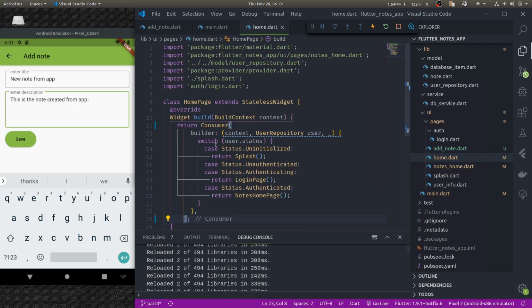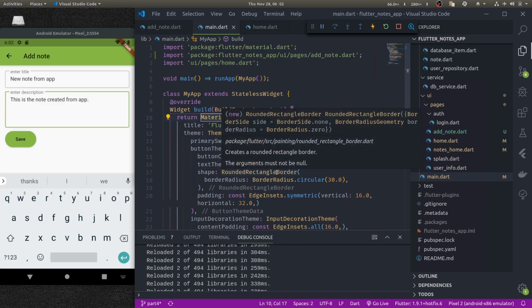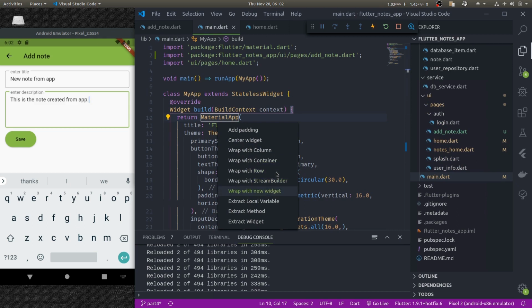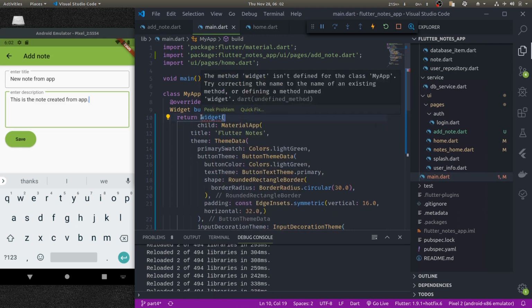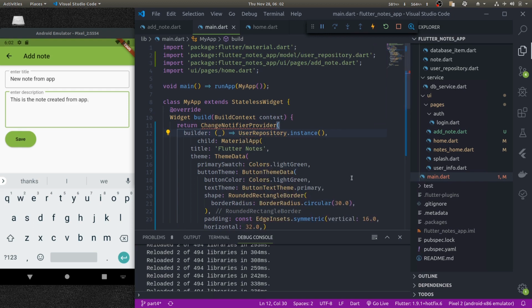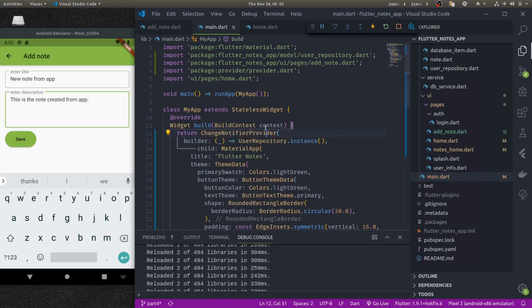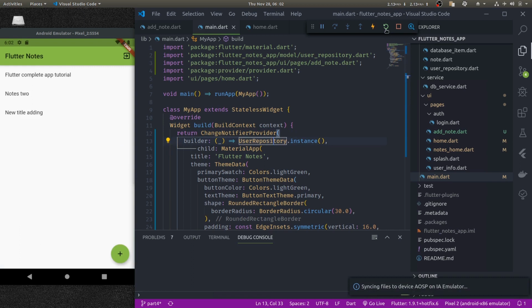So in home page there is only consumer, and in main.dart let us wrap it with new widget, and this new widget will be our change notifier provider. Let us import user repository and also import provider package. Okay. So let us now hard restart